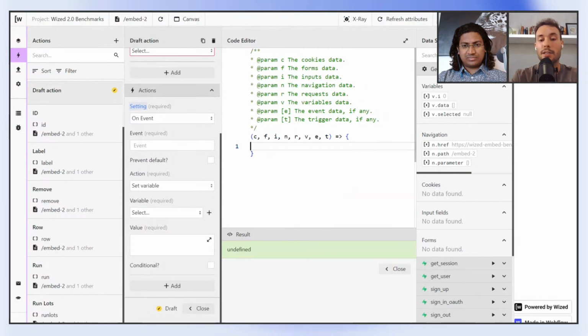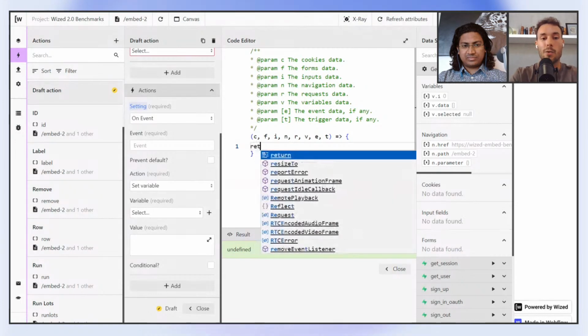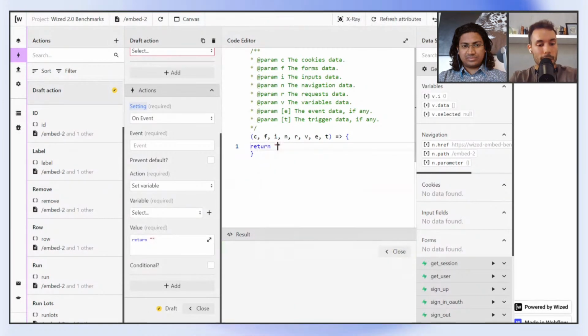It's just as simple as understanding that from a JavaScript function, you must return something explicitly. So you have to return whatever you want to return. But at the same time, you have the full flexibility of a full coding experience. Like, you could do anything. Hey, you could create arrays. You could interact with the arrays